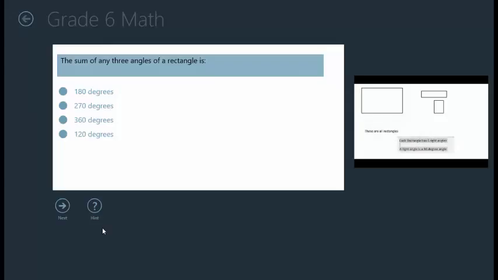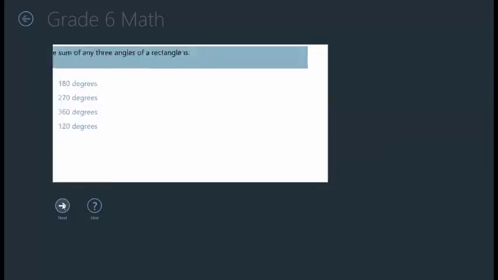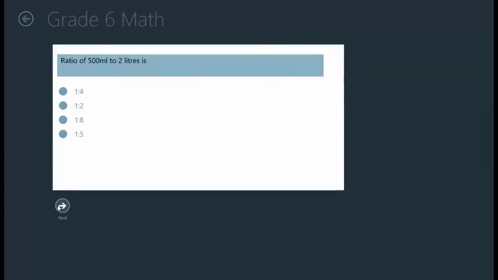Each rectangle has 4 right angles, and the definition of a right angle is a 90-degree angle. So here are the 4 right angles or 90-degree angles in this rectangle. 1, 2, 3, and the 4th one. So given this information, the student can select an answer and move on. So I'll just quickly go through these without answering, or maybe I'll answer some, to get to the end